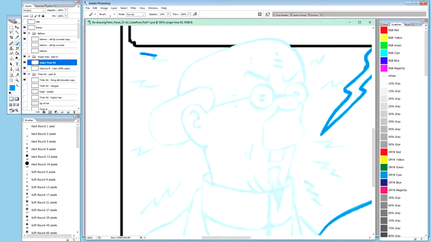Okay, so now let's just redo that, so we can properly see what we're doing. Okay, so we're starting up in the left hand corner, and we're going gradually down, and this line is a little wavy. It's getting thicker to the right here,